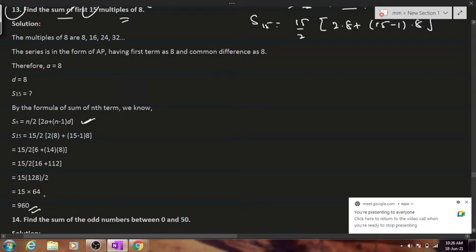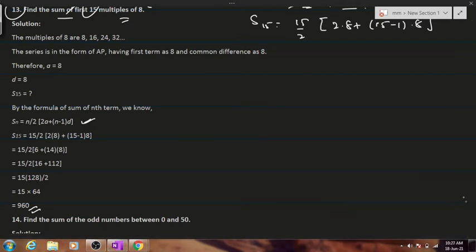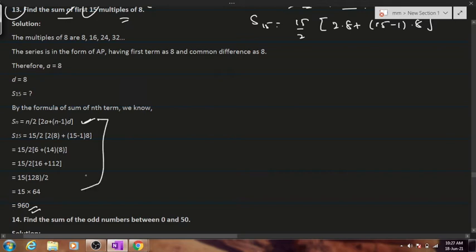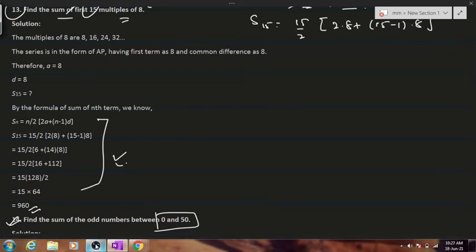Has everybody done it? Can we move on to the 14th numerical? People who could not do it, kindly go through it once, and people who have made a mistake, kindly go through it also once. And people who are already done with this will try out question number 14. You have to find the sum of odd numbers from 0 to 50. Again, 1 minute will be given to you for trying out this numerical, then we'll start the discussion. People who haven't done this, kindly copy it down.